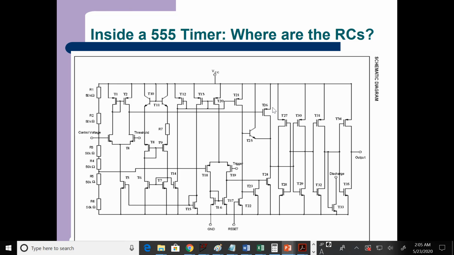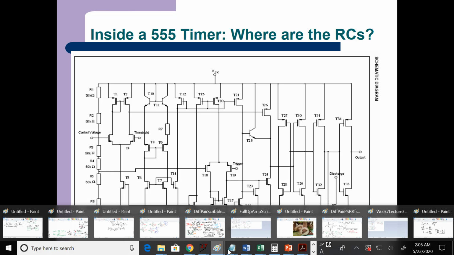And then you have this transistor here that charges up this node, means the current goes through T26. T26 cannot conduct an infinite amount of current. It limits the current, so it's behaving like a resistor. So let's see. This node right here, it's getting charged up through something that looks like a resistor, and this node has a bunch of capacitance. So what this looks like is